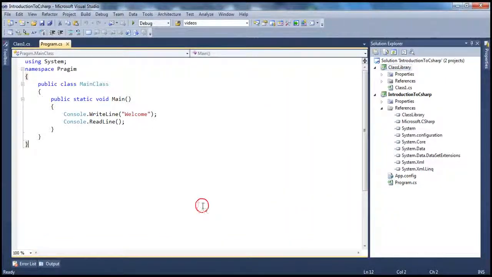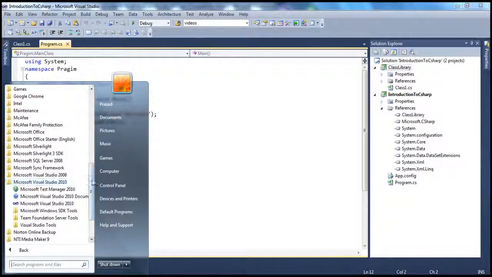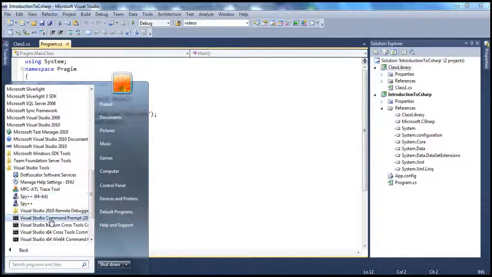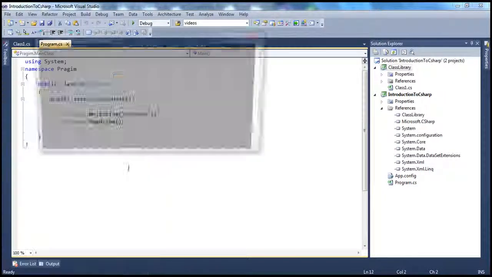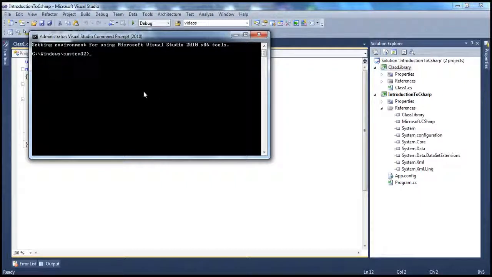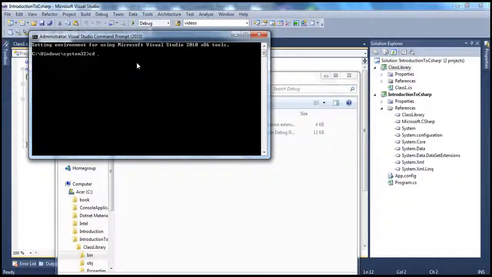Okay, and to do that, GAC utility is a command line tool. So obviously we need to get to the Visual Studio command prompt. So all programs, Microsoft Visual Studio 2010, Visual Studio Tools, Visual Studio command prompt, right click, run as administrator. So this should bring up Visual Studio command prompt. Now you know the path where we have our assembly, so copy that path and change the directory to that path by typing cd and then the path of the